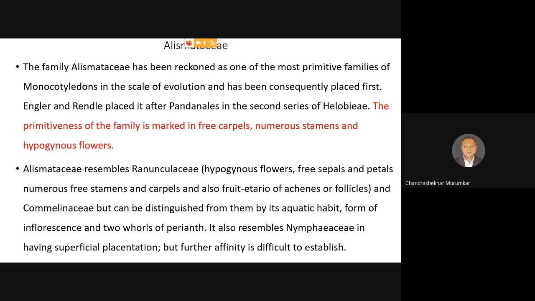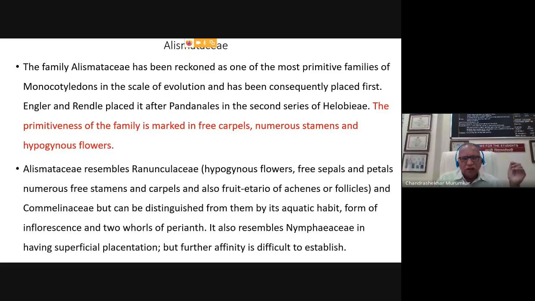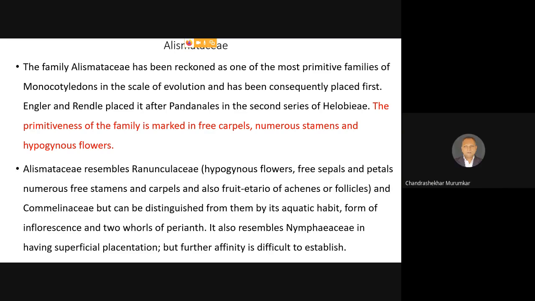Now, Alismataceae resembles Ranunculaceae, as I told you before, because of the hypogynous flowers, free sepals, free petals, and numerous free stamens and apocarpous ovary, free stamens and carpels, and also fruit which is formed as an etaerio of achenes or etaerio of follicles. Now, all these characters, that is free stamens and free carpels, are also very common to the family Commelinaceae, because in Commelinaceae also we are